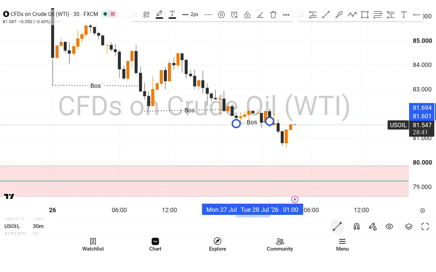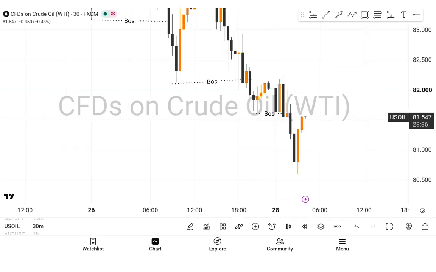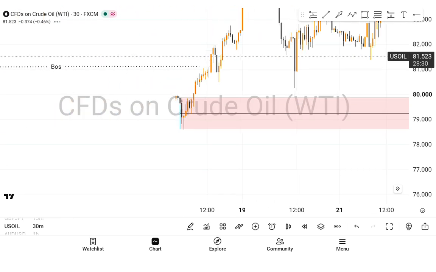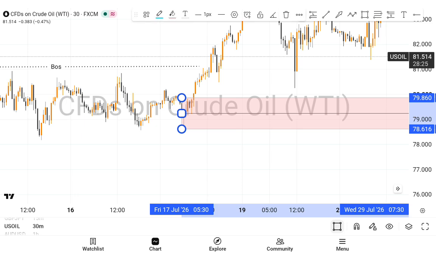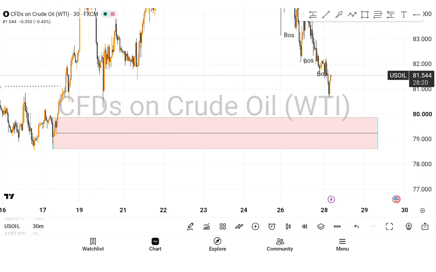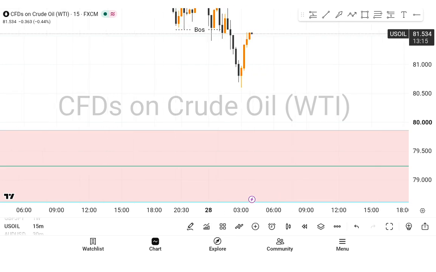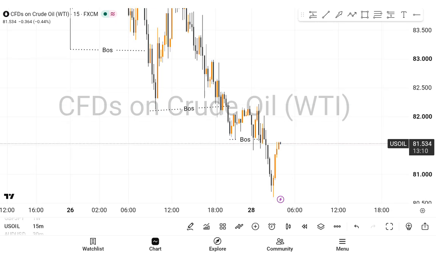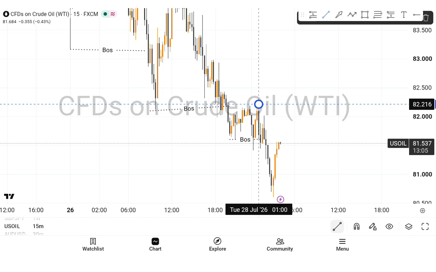And let's go to our 30 minutes. You can see, what are we looking out for? The same thing. If price can at least break that last OB, then we are good to go. Now you can see the other block starts from this point. So let's go to 15 minutes, our entry time frame. You can see what the market is doing. The market has to come and break this origin, and at least give me a good change of character from this point.